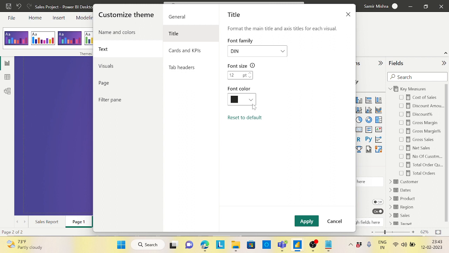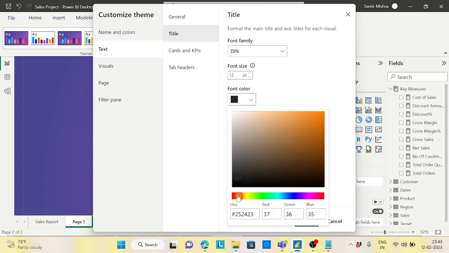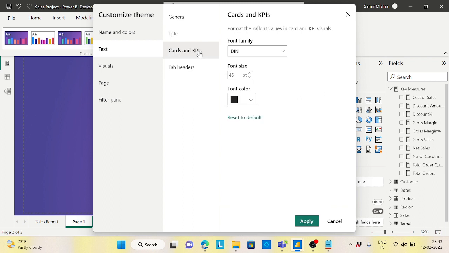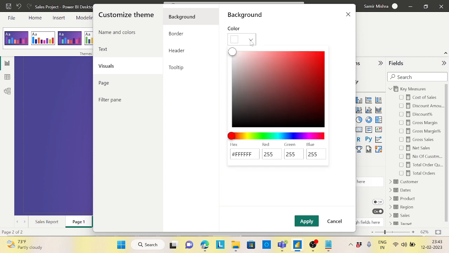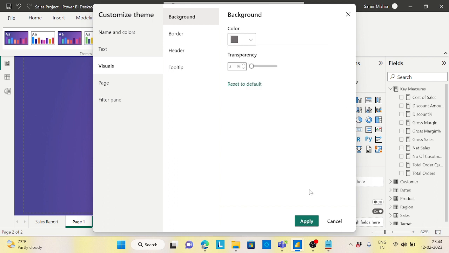Title: what should the title color be? Let's take a little on, yeah, something like this. It will become bad. Yeah, like this color, let's say here somewhere. Like that you can choose yourself: card KPIs, what color; tab header, what color. Go to the visuals, you can do the background colors, everything. The background color for me should be very dark. Once you apply it,